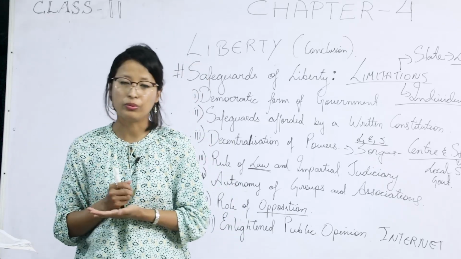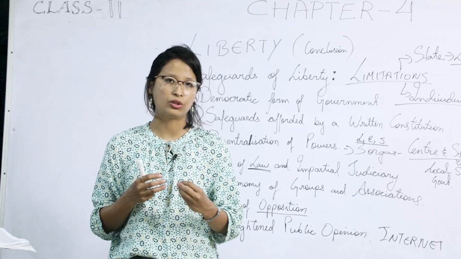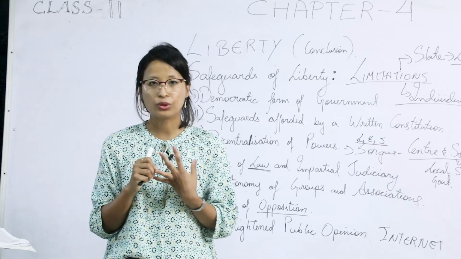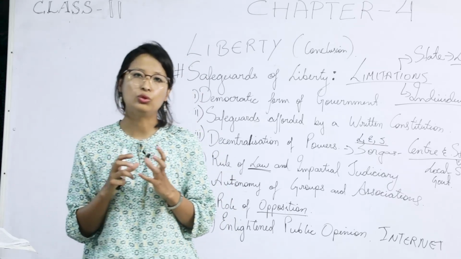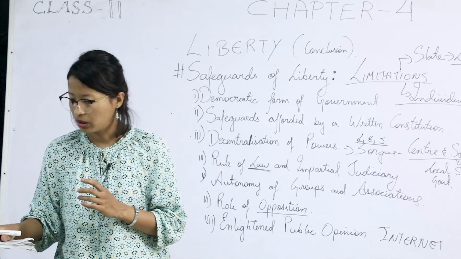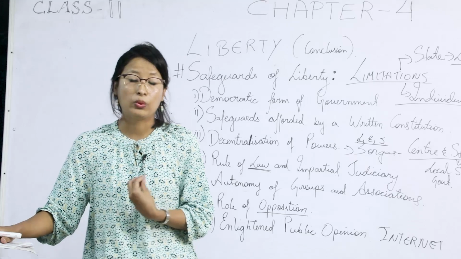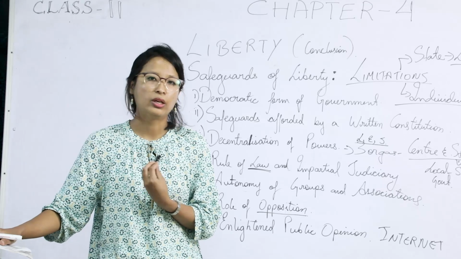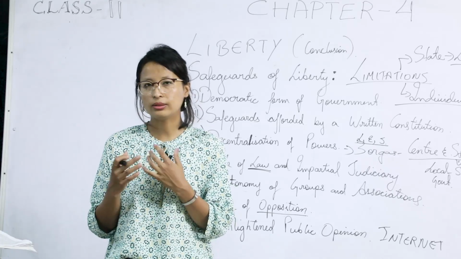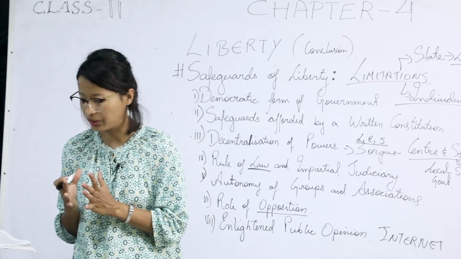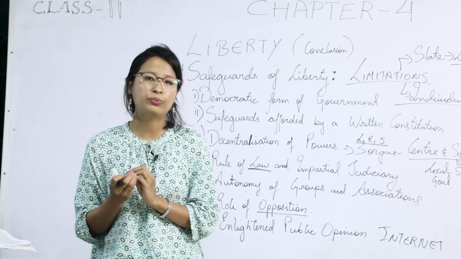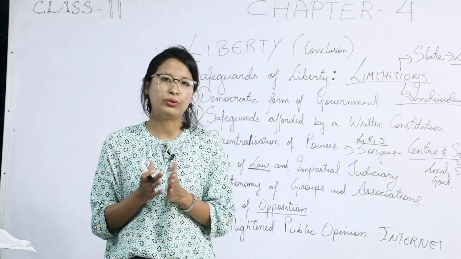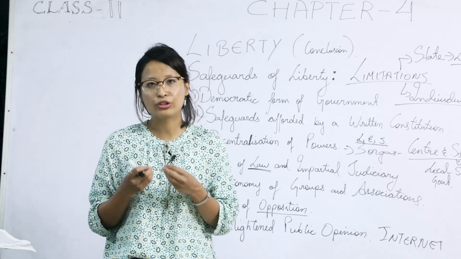Now, what are the sources of limitation? How will we put a limitation on this freedom? We have two: legal restraints as well as social restraints. Legal restraints have to do with laws. In your text, the Land Act in South Africa is given. Through this act, it reserved nearly 80% of land for the whites. This created a gap between the whites and the blacks, that is, racial discrimination.